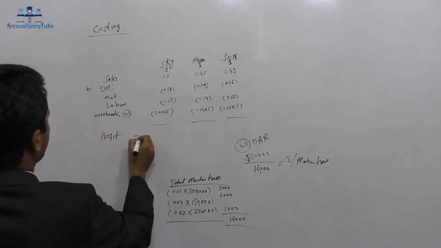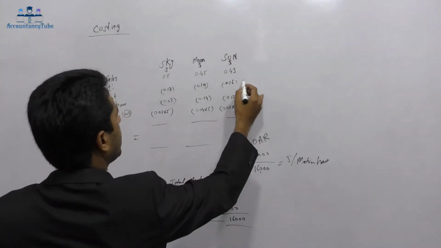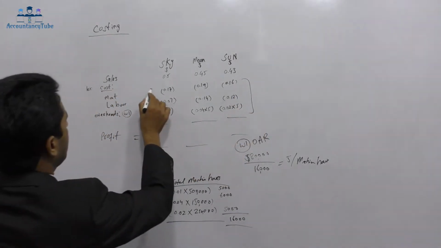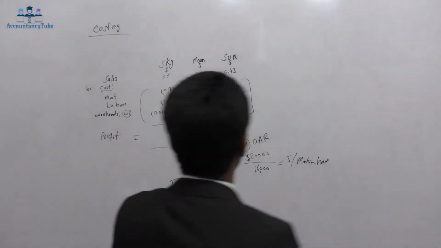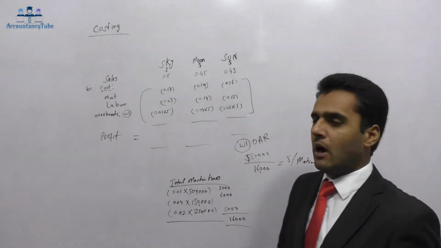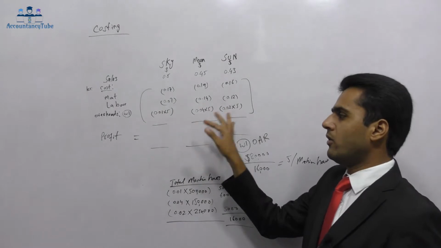And he also asked us to calculate the total cost, if you remember. Now the total cost will be the total of these 3, so that will be total cost, and this will be our profit. Now if you could please do the total yourself. I won't waste my time doing these calculations. You can do it on the calculator. So the total of these 3 costs will be our